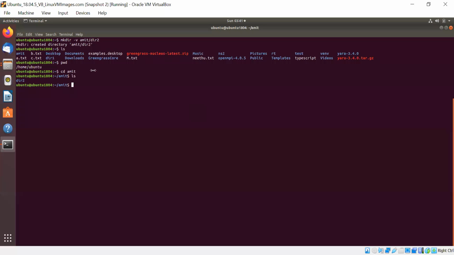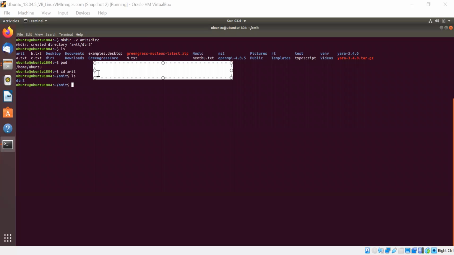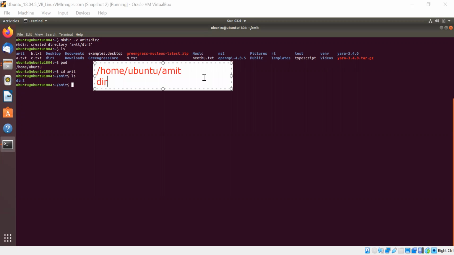When you type cd Amit here, it will bring you inside this path, and inside this path you have the directory dir2, right? Here we are already in this path. Inside home Ubuntu you have several folders.